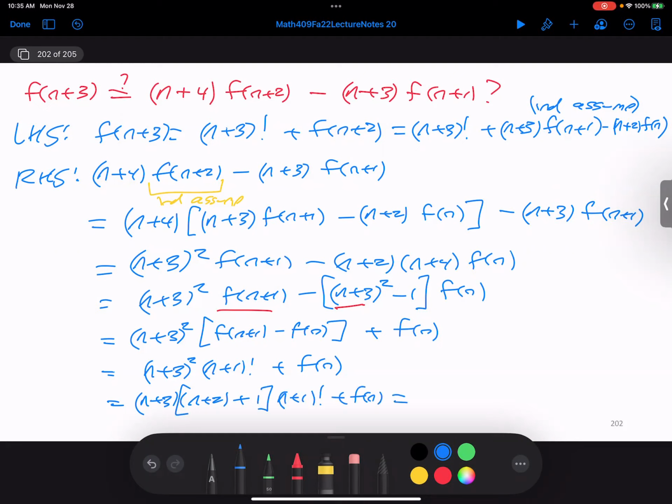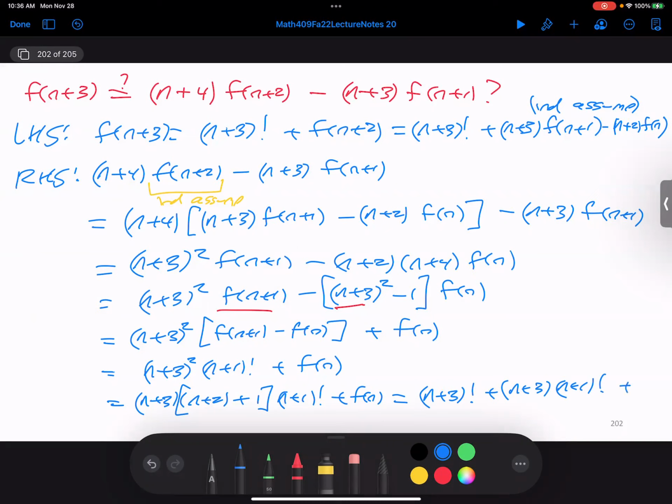Because I'm trying to get this to be the sum of 1 factorial plus 2 factorial all the way up to n plus 3 factorial. I've got an n plus 1 factorial. I want to multiply this by n plus 2, n plus 3. So the first term is going to give me an n plus 3 factorial plus n plus 3 times n plus 1 factorial